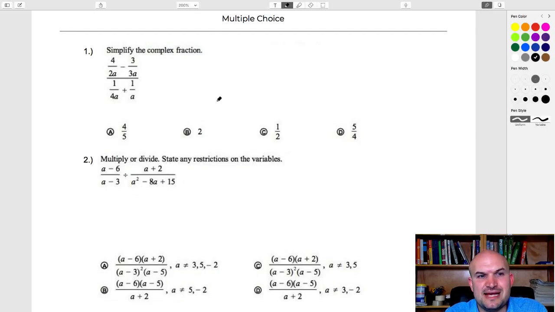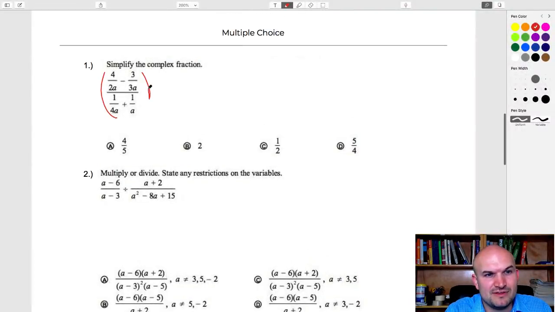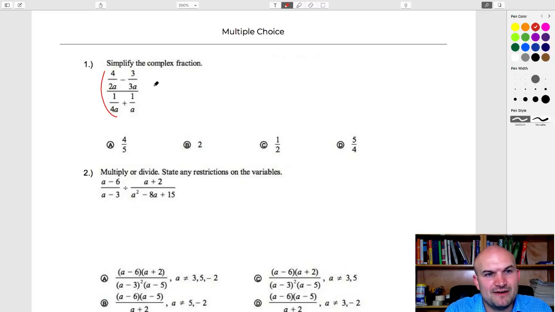So first example is just simplify the complex fraction. So again, what I'm going to do is find the common denominator. So common denominator in this case is going to be 12a. So I'm just going to multiply everything by 12a. Okay, everything times 12a. And the nice thing here is 2a divides into 12a